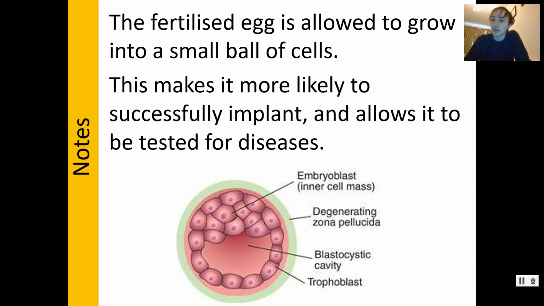Well, now the point of that is that sometimes people have genetic diseases, and therefore, if they would have a baby, they might have, I don't know, a 50% or a 75% or even a 100% chance of passing on this disease to their baby. And if that disease is particularly nasty, you don't want to do that. So what you do is you have IVF. You get some egg and some sperm, you mix them together, and then the doctor, or scientist more likely, is able to test each of these embryos, find one which doesn't have the genetic disease, and we can choose that one.